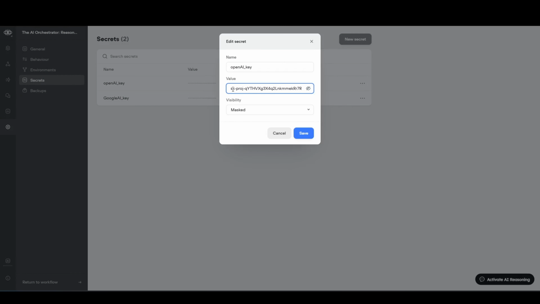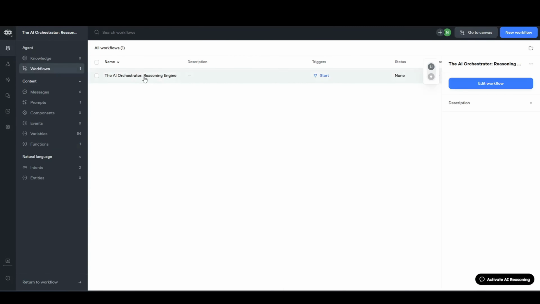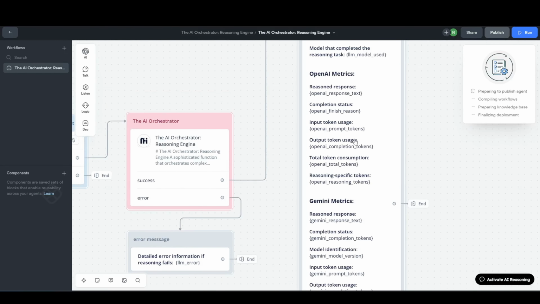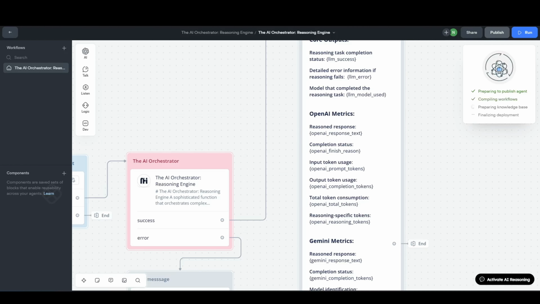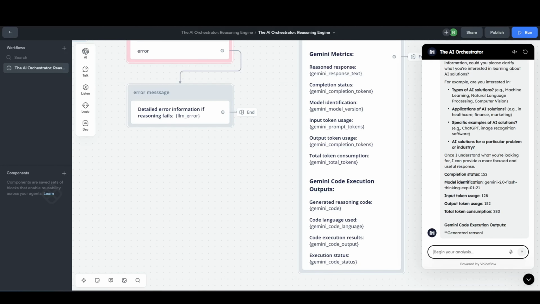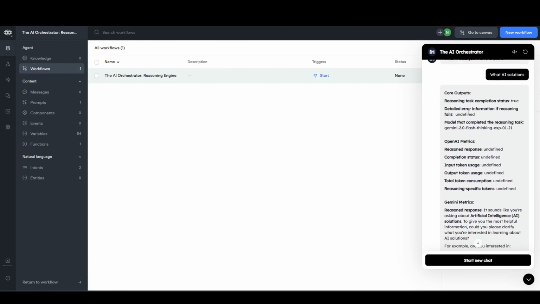Let's change this to a K and save it. So that is the wrong API key. So we're expecting that it should be able to go to the next model, which is Gemini, even though Gemini is number 3. And remember, we've put in Gemini on code execution, but the question we're going to ask it is a very trivial question, which is what AI solutions? And it doesn't need code to do that. And you see it did not need to use the code. This is very good. The fallback system is working.